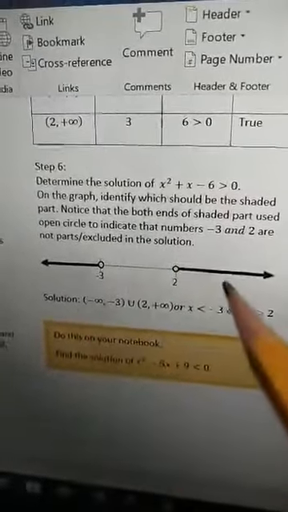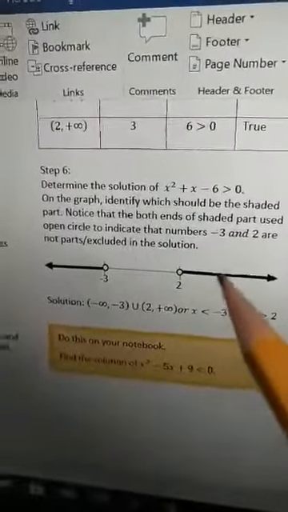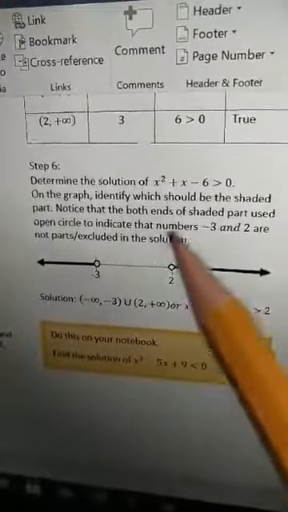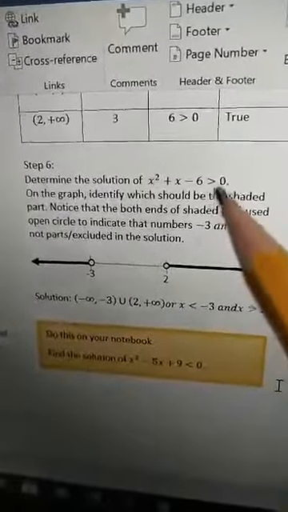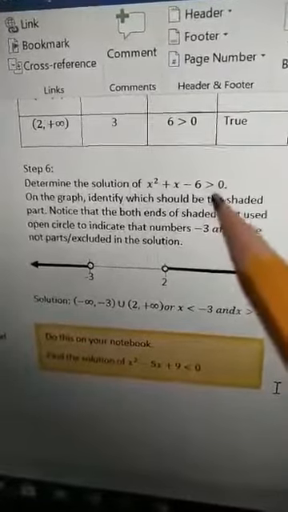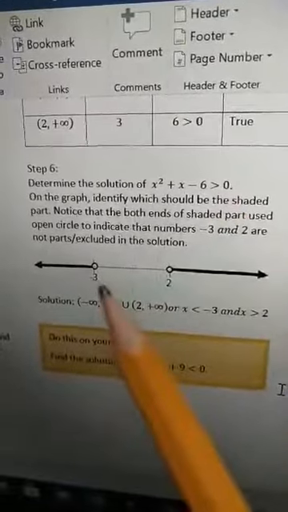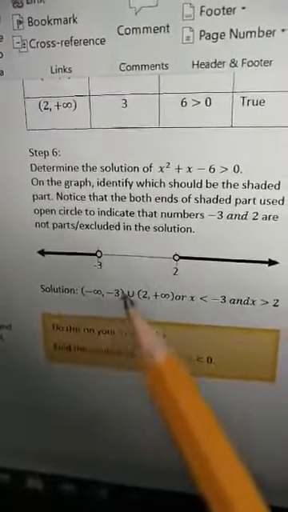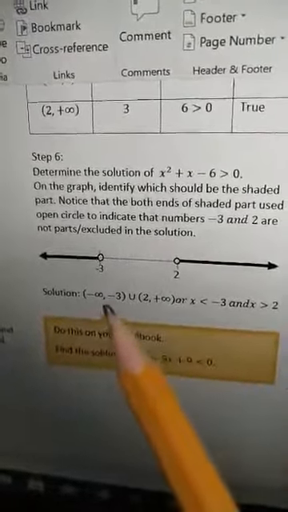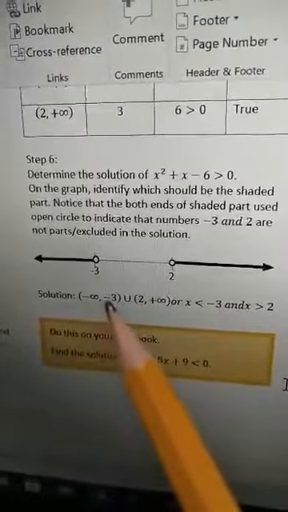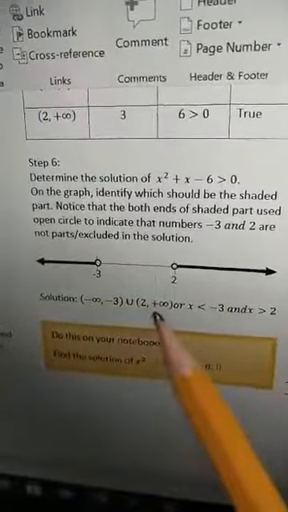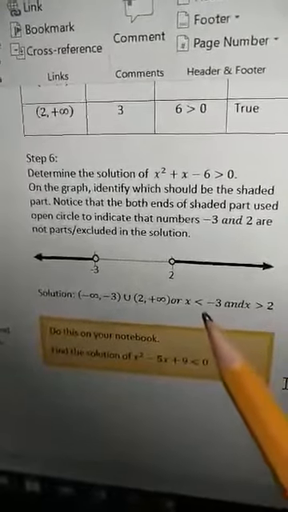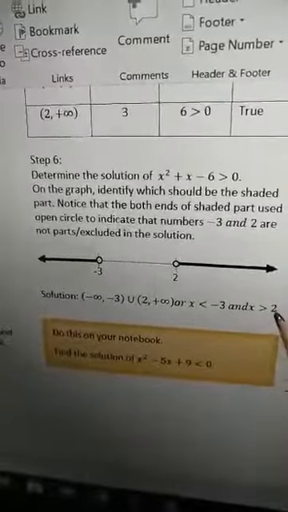So this is our graph. Because this is true, this is false, this is true: shaded, not shaded, shaded. Why open circles? Because there is no equal sign, meaning negative 3 and positive 2 themselves are not included. The solution we state is from negative infinity to negative 3, union with positive 2 to positive infinity. Or that means, x is less than negative 3 and x is greater than